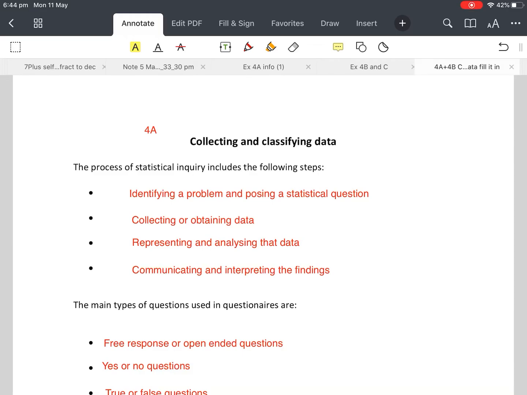Hi, Year 11. These are the answers to the collecting and classifying data sheet that has been given to you on Google Classroom, and it mainly involves exercise 4A and 4B. Now, if you've downloaded the other sheet that I basically made up from the textbook, 4A, collecting and classifying data,